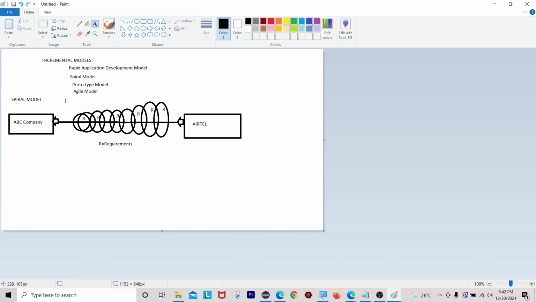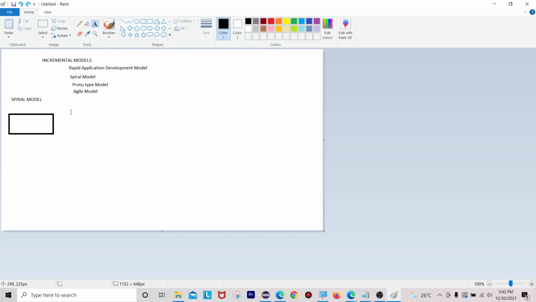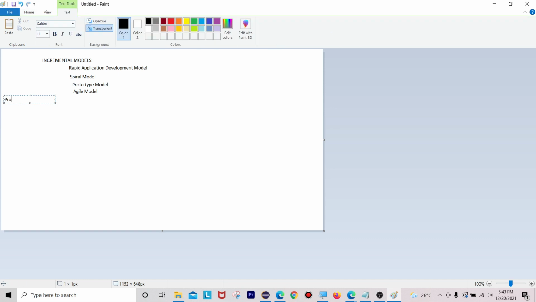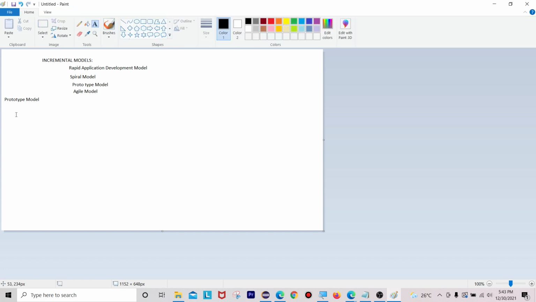So the next model is the prototype model. Prototype model is suitable for developing big projects where the requirements are not clear.